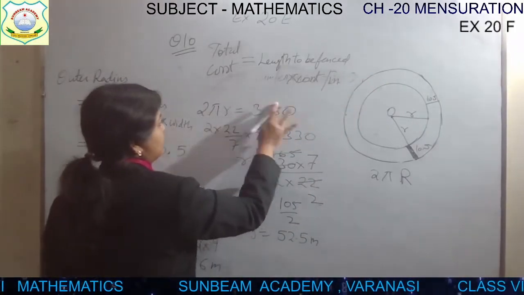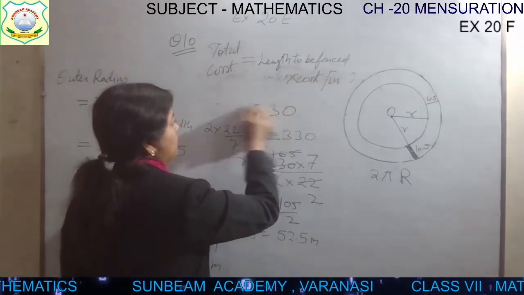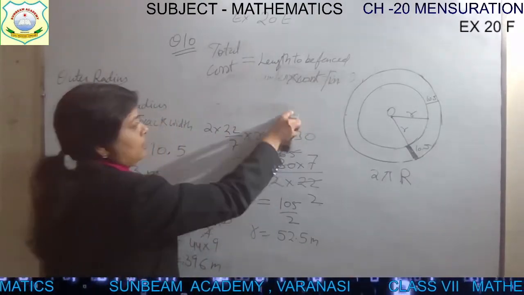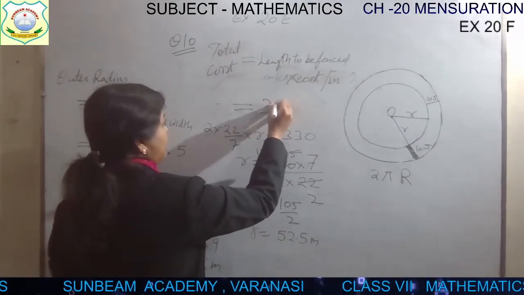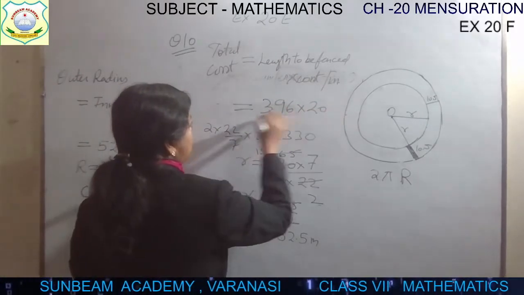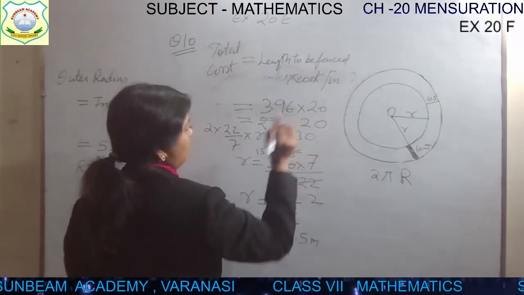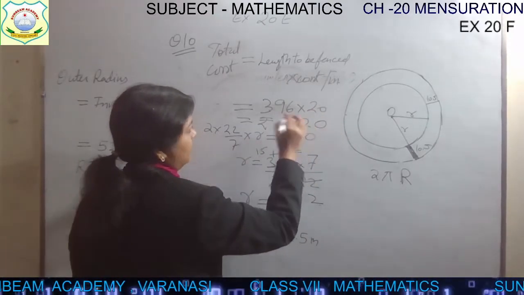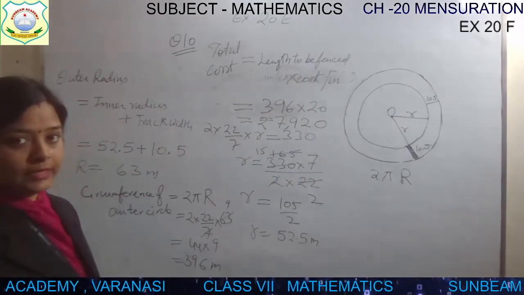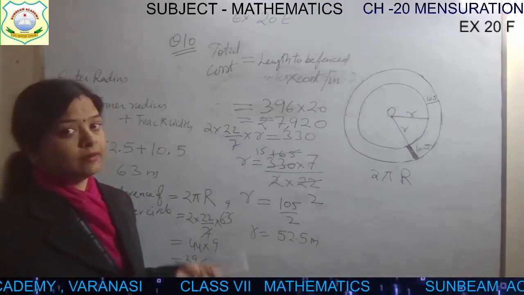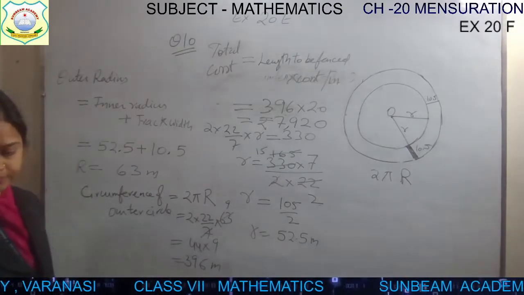So this is how much, children? Let me erase it. It is how much now? You can calculate. Okay, it is 20 rupees per meter. So length is 396 into 20. So this will come in rupees. 0 will come here. 6 2s are 12. 1 is left. 9 2s are 18, 19. 1 is left. 3 2s are 6, 7. 7,920 rupees. So in this way we can do such type of calculation. Okay.